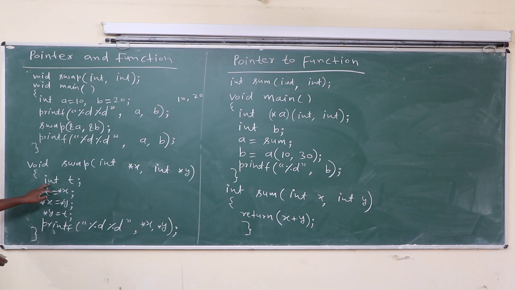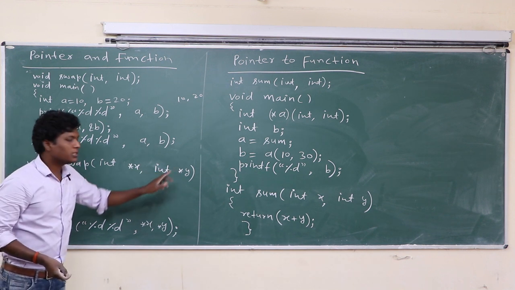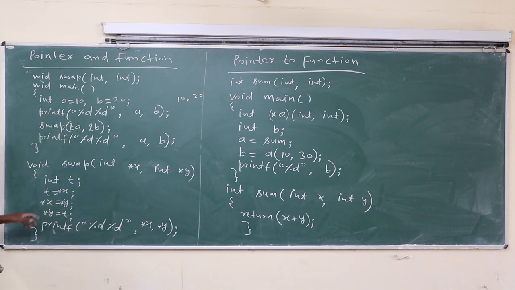Okay class, we declare another variable t. This is the third variable. Here t is a normal variable, but x and y are pointer variables. So x has an address. If you write t equal to x, then it is wrong, because t is a normal variable, t can hold only a value and x is holding the address of a. So an address cannot be assigned to a value type variable. So make it value.